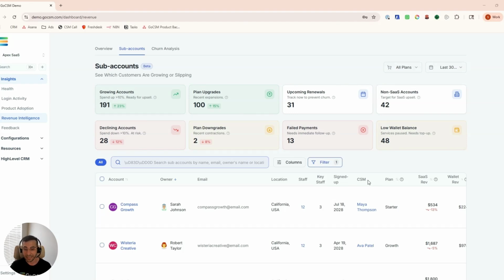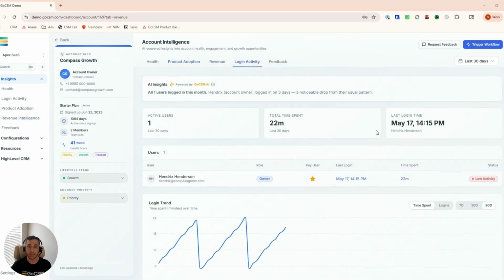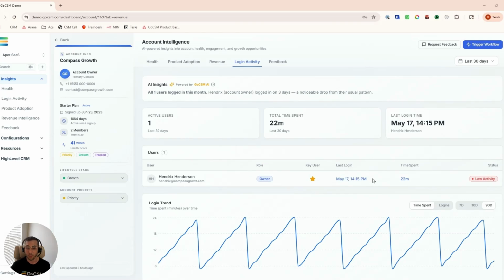And every time you land on an account that needs your attention, click into the account, go into the account health hub, and then read the AI insights. Dive in a little bit deeper. It should not take you more than 2 to 3 minutes to dive deeper into an account from the account health hub to understand what's wrong with that account, be able to create a plan of action, and know exactly